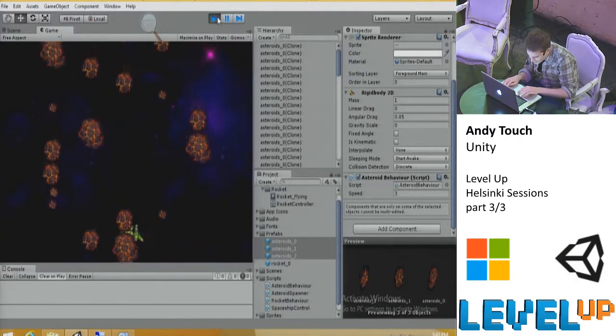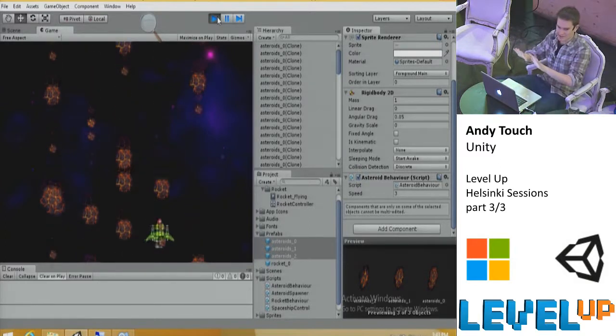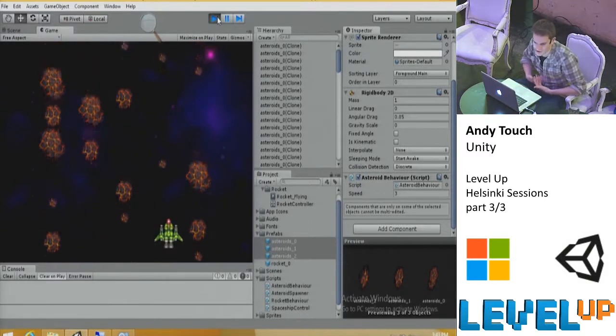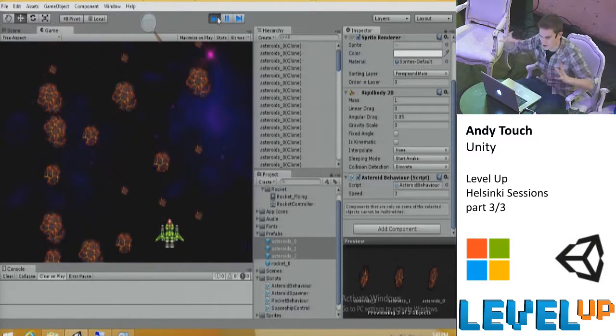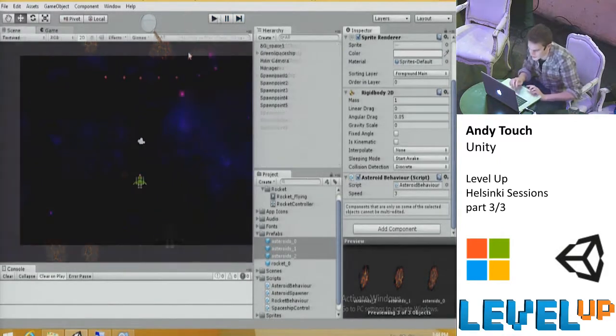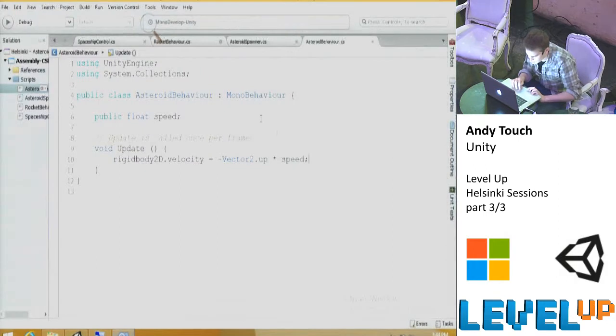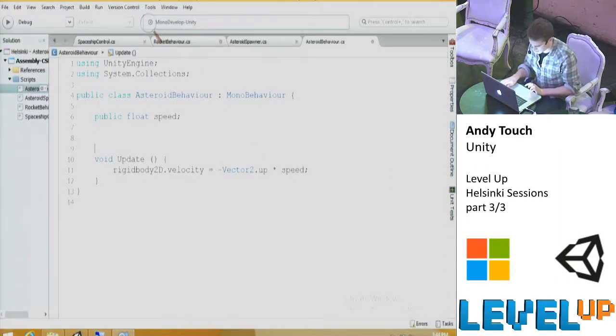But yeah, basically they're all moving at exactly the same speed. So what we want to do is randomize the speeds, so some are going slow, some are going quick, and things like that. And that's really easy to do. All we need to do now is inside Start, because this happens when the object is created,